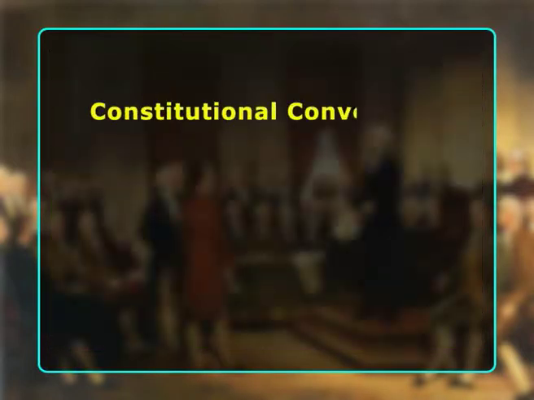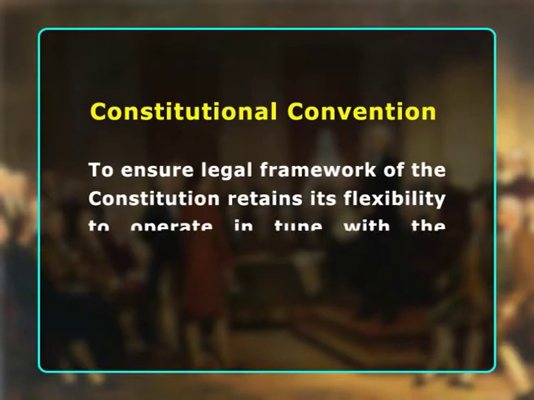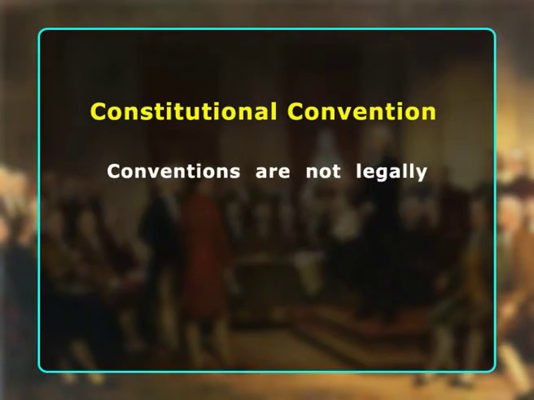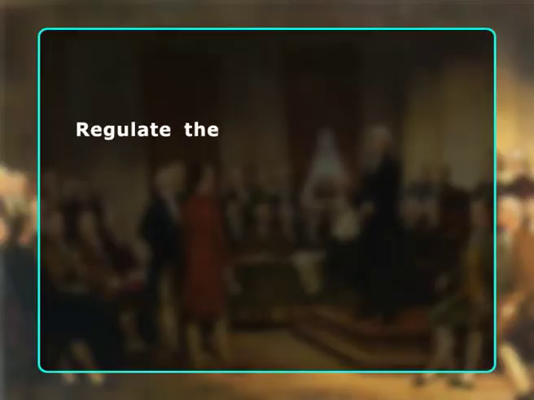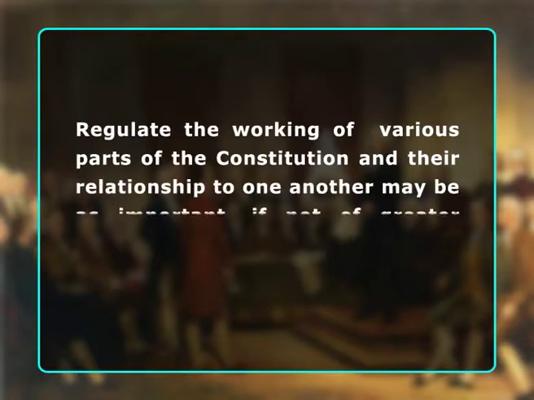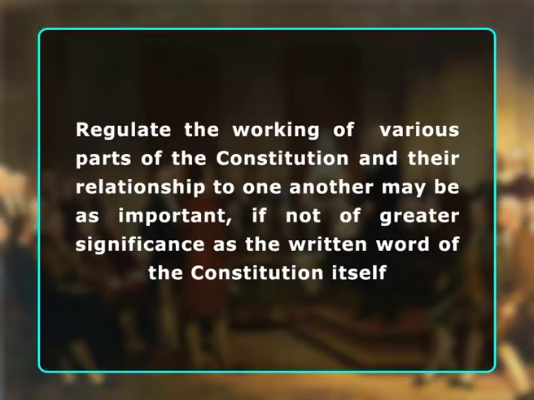The main purpose of the Constitutional Convention is to ensure that the legal framework of the Constitution retains its flexibility to operate in tune with the prevailing constitutional values of the period. Although the conventions are not legally enforceable and the sanction behind them is moral and political, some conventions of the Constitution which set norms of behavior for those in power or which regulate the working of various parts of the Constitution and their relationship to one another may be as important, if not of greater significance, as the written word